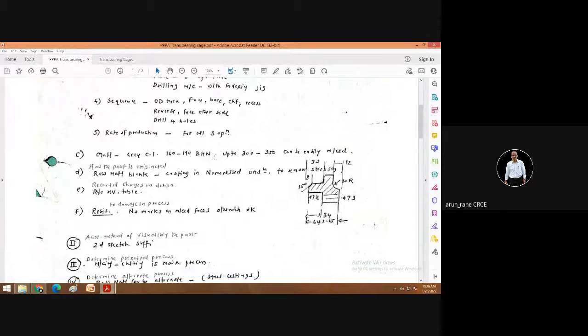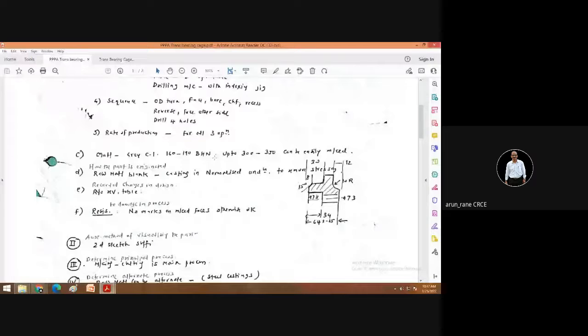The very first unit is Shore, S-H-O-R-E, that is used for measuring the hardness of soft materials. Soft materials like newspaper, paper, your notebook paper, wood, rubber, these are all soft materials. So that hardness is measured in Shore. Then little harder, like pencil lead, they are measured in BHN, Brinell hardness number.